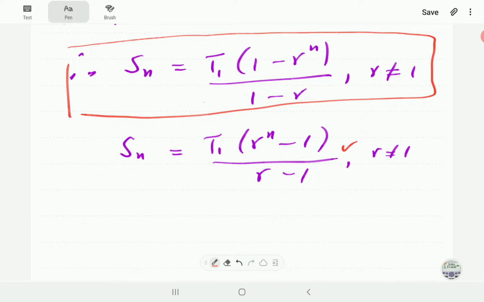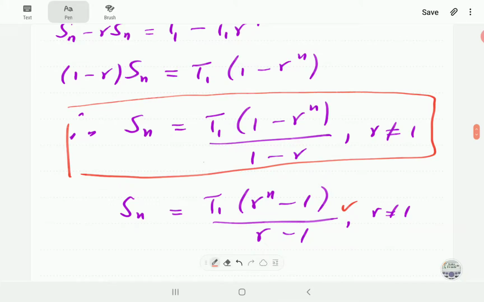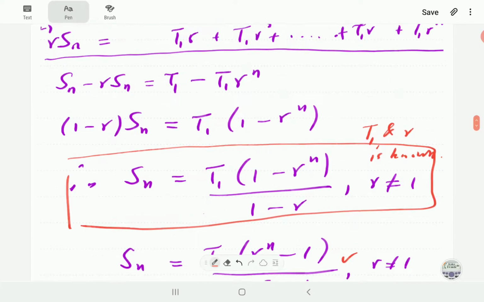Now what we're going to do is we are going to derive another version of the formula, because this formula is going to be good if we know T1 and we know the common ratio. Okay, so we're going to derive a formula which is going to be in terms of the term number n, Tn. Okay, so the way we're going to do that is